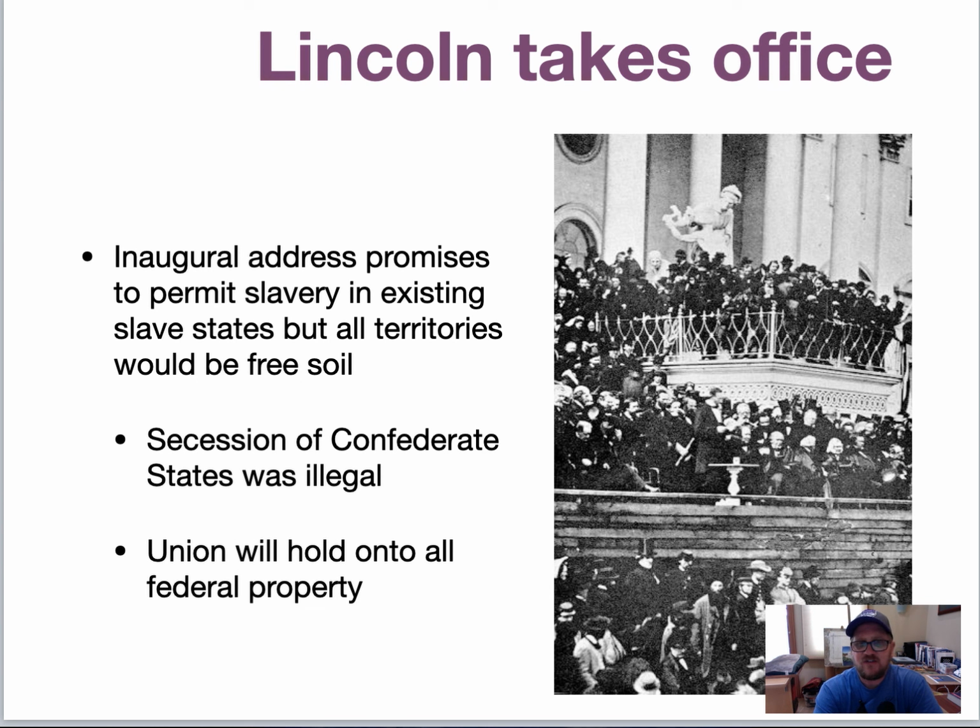Eventually, Lincoln will take office in 1861. In his inaugural address, he promises to permit slavery in existing states, but he also promises that all territories going forward will become free soil. Secession of confederacies is illegal, and the Union will hold on to all federal property, is what he claims here too,